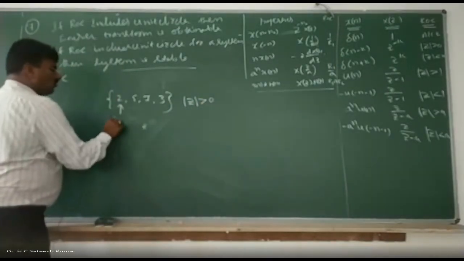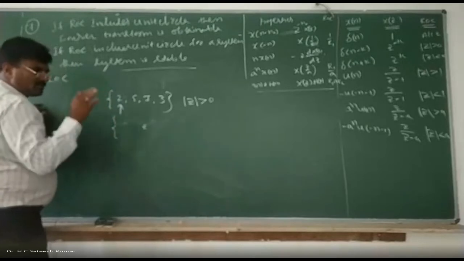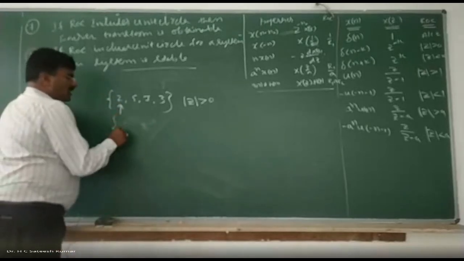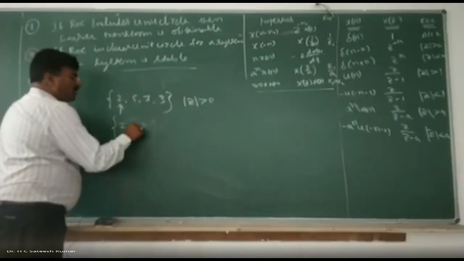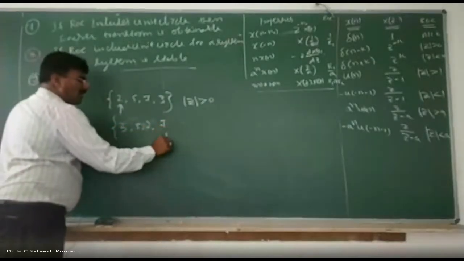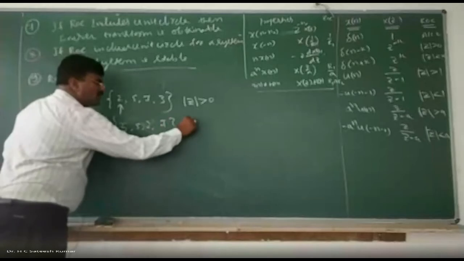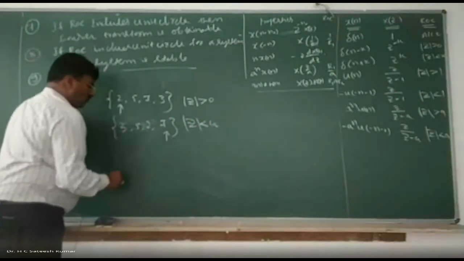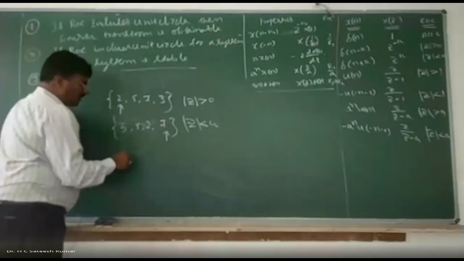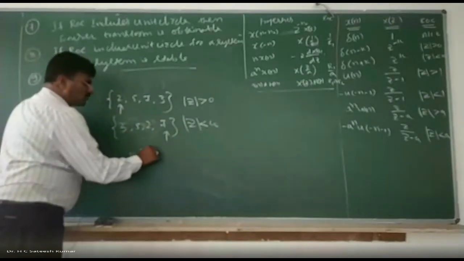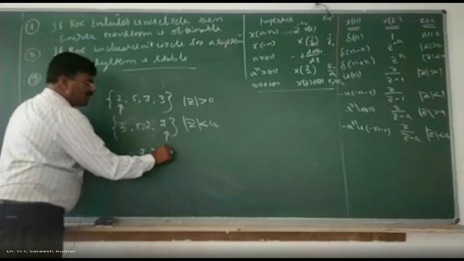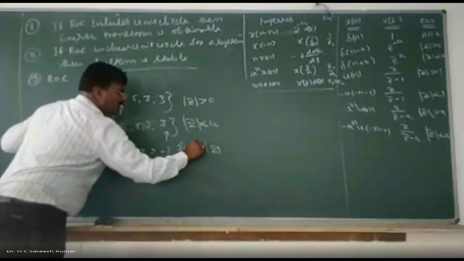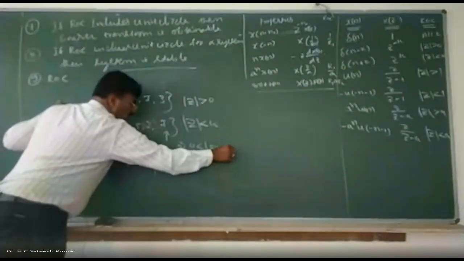We said. One more, the second example in the Z transformation. You check it out. Go back and check it out in the problems. What did I give? 2, 4, 3, 5, 2, 7, something like that. The arrow mark was here. And ROC I gave as mod z less than infinity. One more. Next, the third problem in the same set: 5, 7, 2, minus 2, 7, something like that. The arrow mark was here. And ROC will be mod z lies between 0 and infinity.